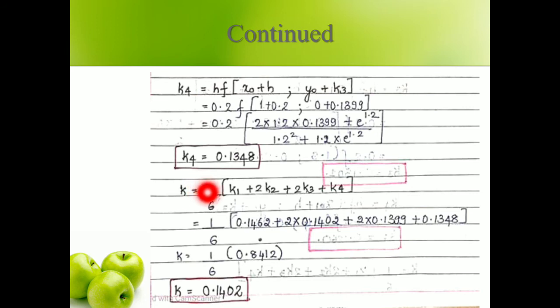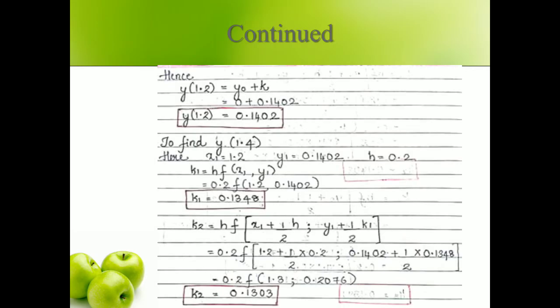Then, substituting the values of k1, k2, k3, k4 from the above, we get a k value to be 0.1403. Hence y of 1.2 is equal to